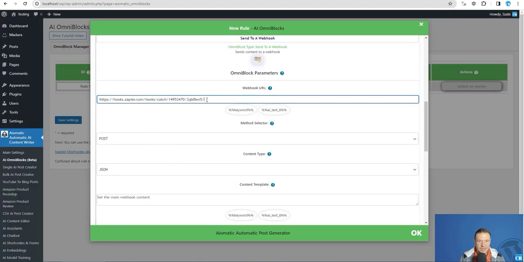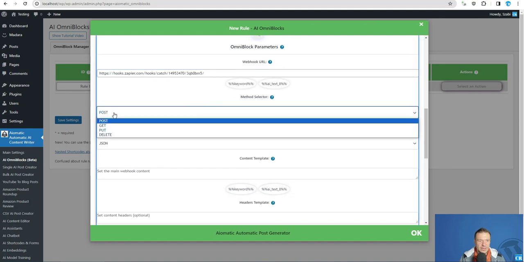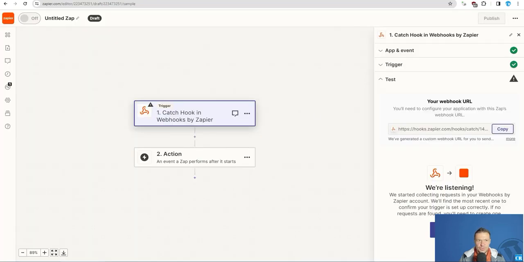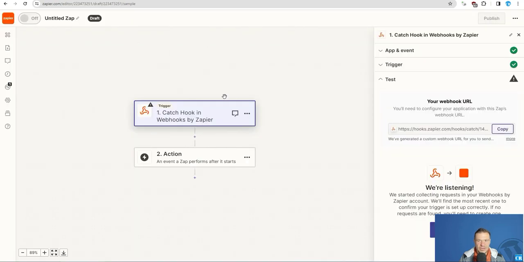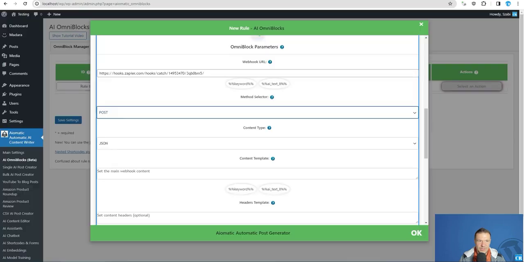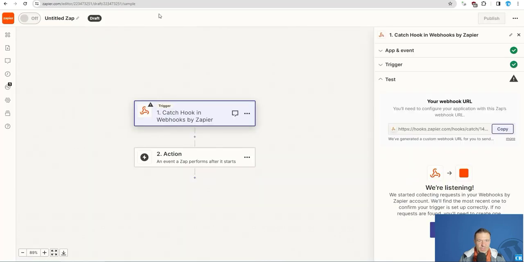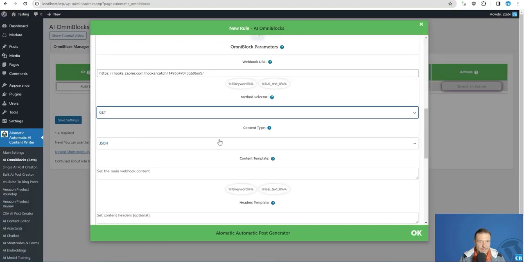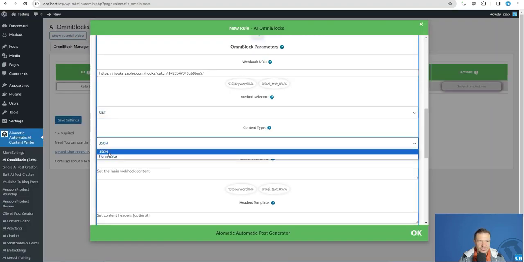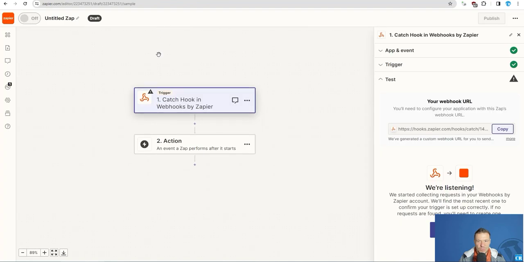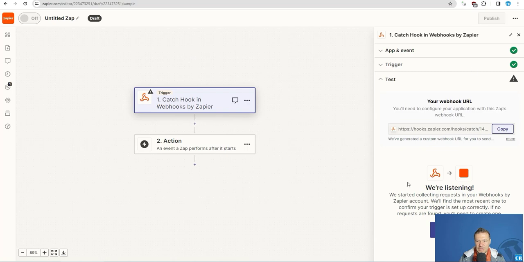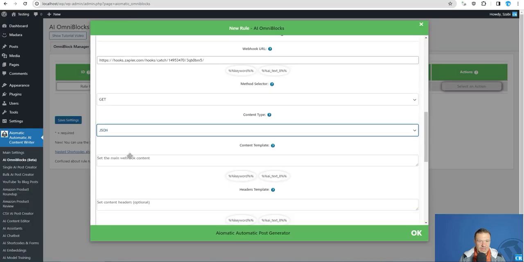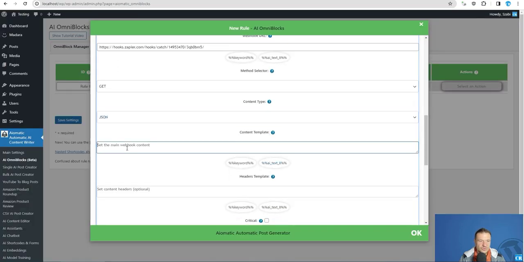So this is the webhook URL. The method can be post, get, put, delete. So it can be any of the methods you can select here. In this case, we can go with get maybe or post. So it's okay. Content type can be JSON or form data. Let's go with form data or JSON. It's okay because Zapier is listening here, and the template should be